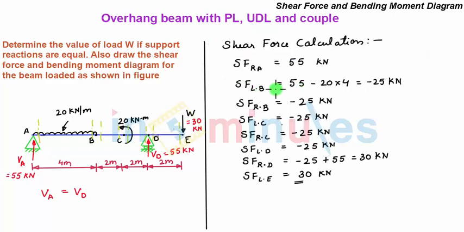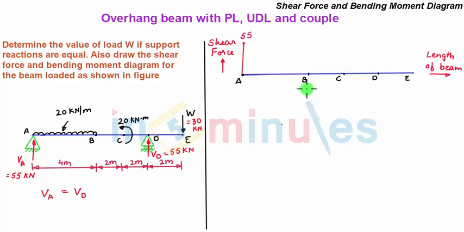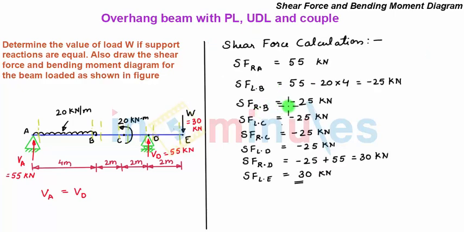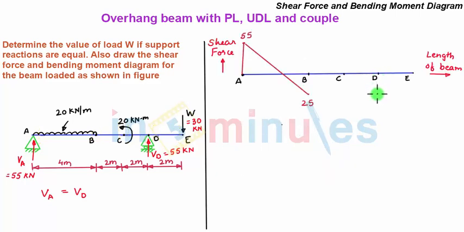Now shear force to the left of B is minus 25 kilonewton. So let's plot a value of shear force of minus 25 kilonewton, that is below the zero shear force line, below B. Now since between point A and B there is a uniformly distributed load, the variation of shear force will be linear. So let me connect it with an inclined line. Now shear force towards right of B is again same, minus 25 kilonewton, and you will see that the shear force up to the left of D is the same, minus 25 kilonewton. So let me plot minus 25 kilonewton over here below D, and connect it with a horizontal line, as the shear force between B and left of D is the same.